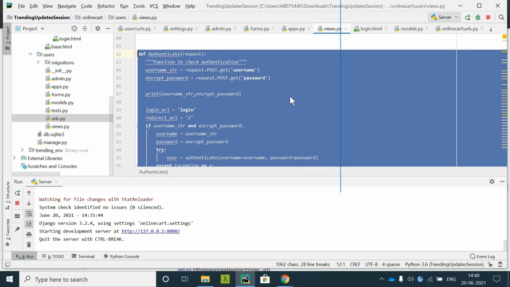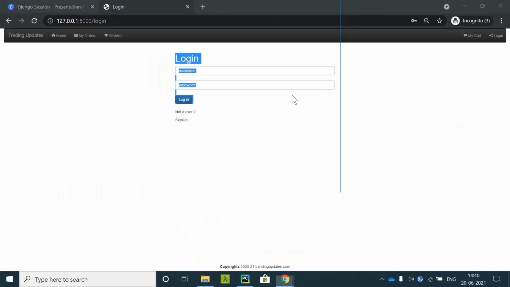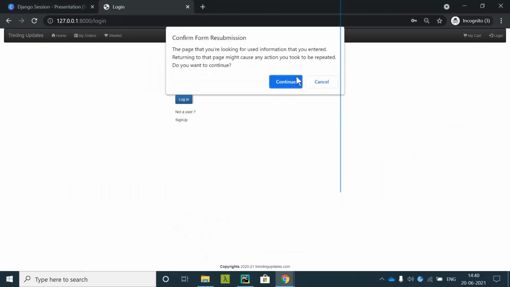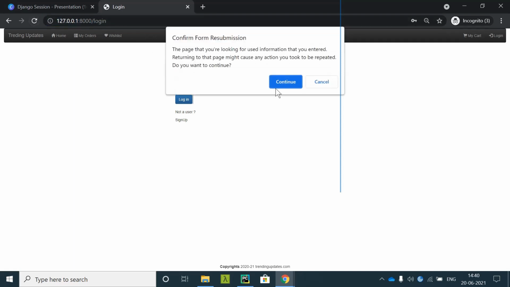Is this thing clear to you all? I'll demo this login page, how it is working. Simply go ahead and refresh this page.